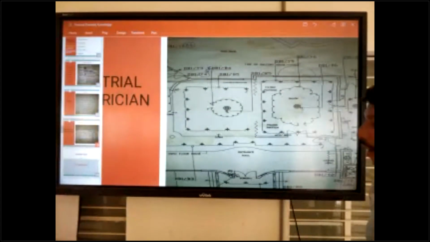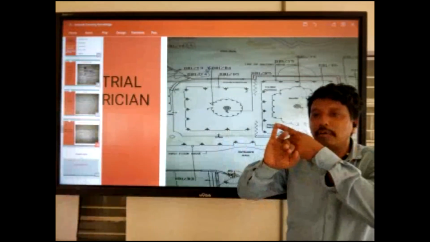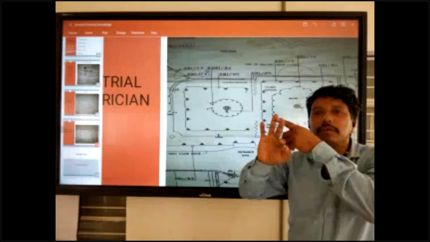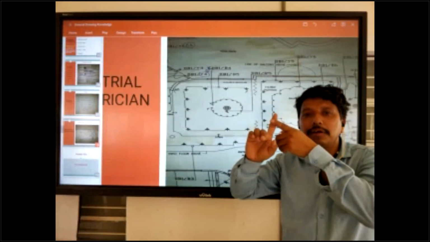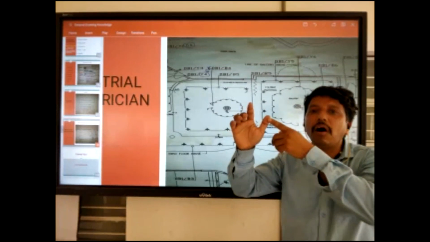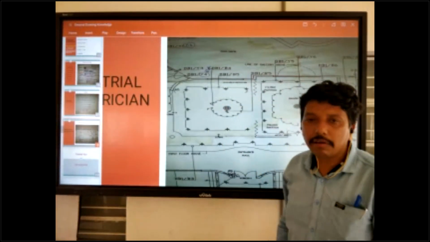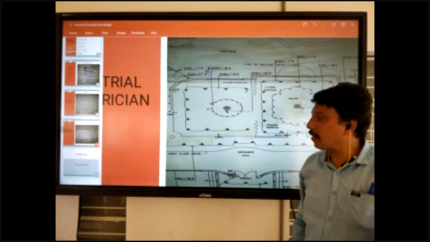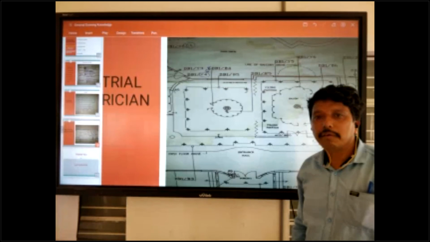We have the electrical section: lighting layout, power socket layout, conduiting layout, cable tray layout, DB schedule, all types of drawings. Fire alarm system drawing. We can take knowledge of every drawing.